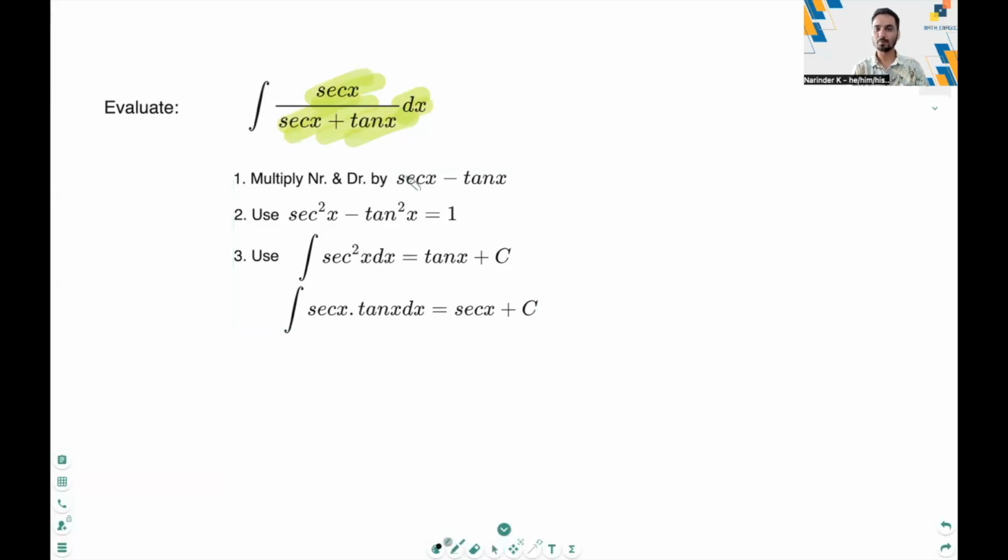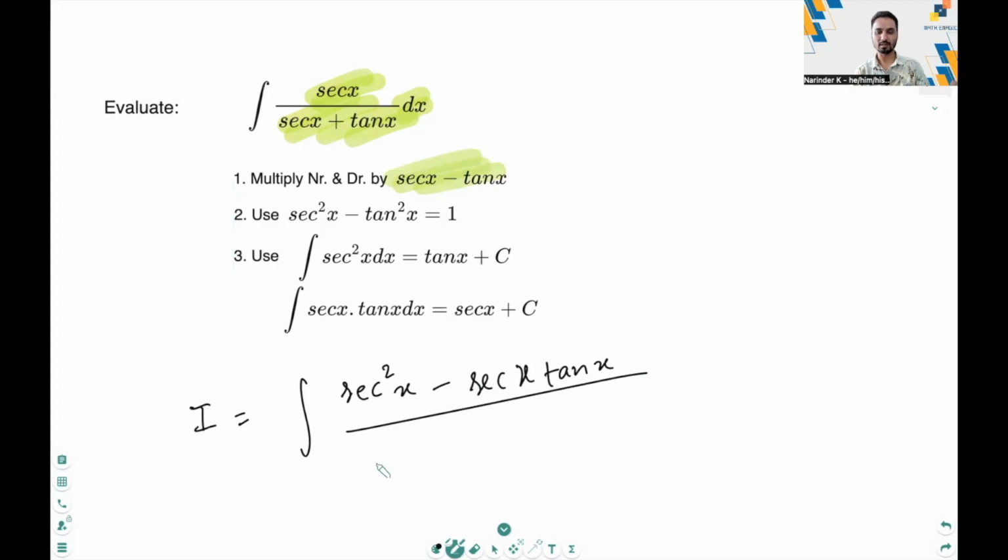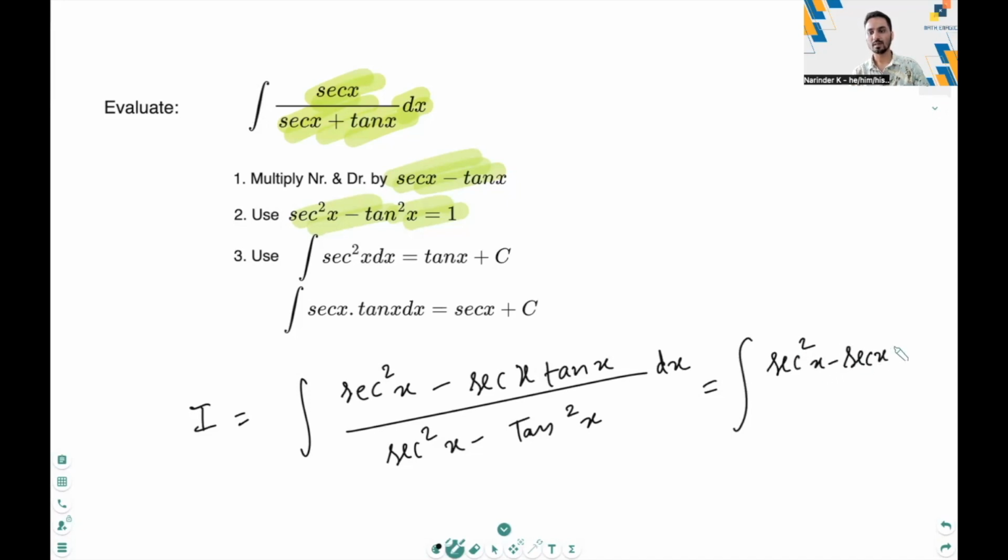Let's get started with step number 1, which is multiplying the numerator and denominator by sec x minus tan x. So if we multiply the numerator with sec x minus tan x, we'll get sec square x minus sec x tan x. And multiplying the denominator with sec x minus tan x, we'll get sec square x minus tan square x dx. Now, by using sec square x minus tan square x equals 1 in the denominator, the expression will reduce to sec square x minus sec x tan x